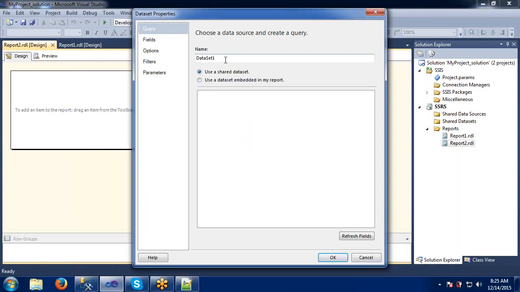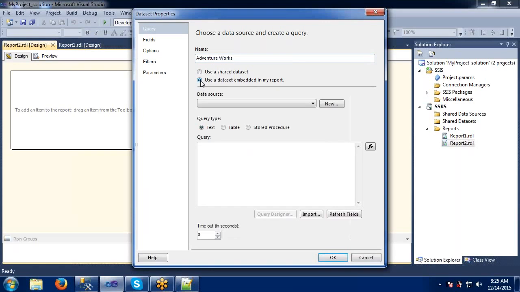My dataset again comes here. Is it used as a shared dataset or embedded in my report? I will show you that also in the next couple of minutes. It is asking, do you have any data source? No, we don't.